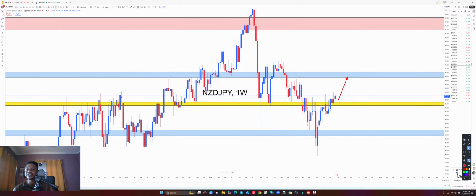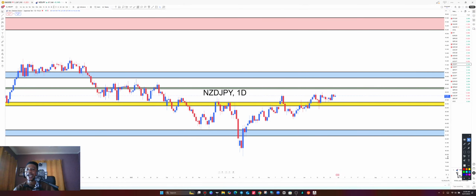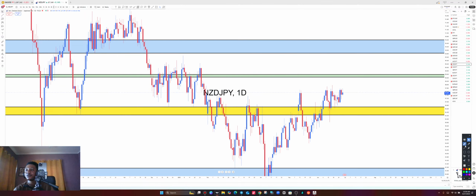Let's take it all the way to a daily time frame to have more understanding again. So onto a daily time frame. This is also a daily time frame of NZD JPY. On the daily time frame, we have the daily mid-range over here. So on the daily, we can clearly say that price has broken above the resistance level. It is trading above it. So how can we pick an entry to go all the way up?